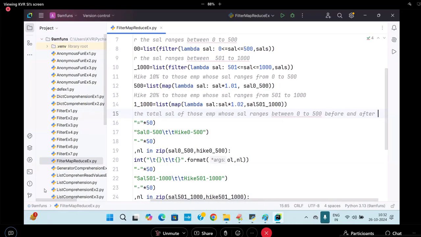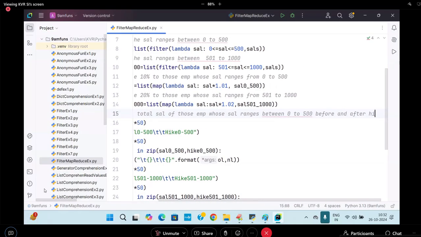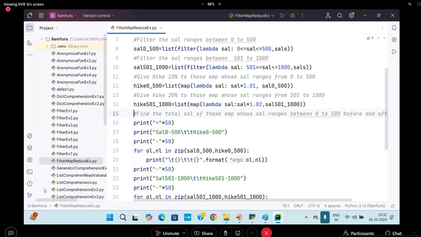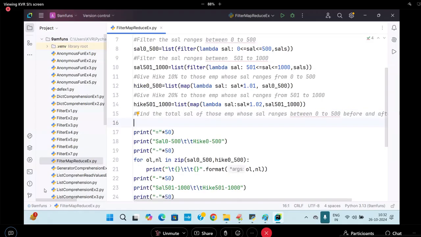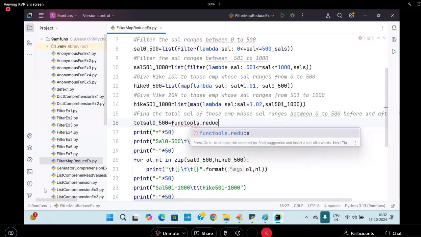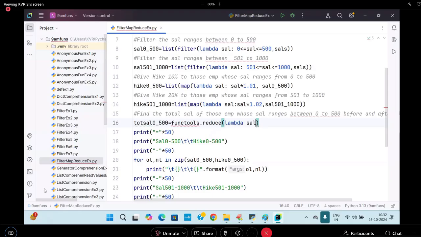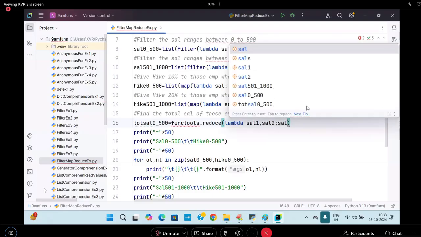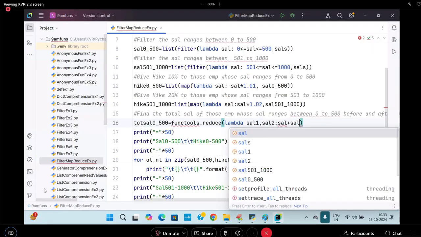How to take up? Come on. TOT_SAL_0_500 is equal to functools.reduce of lambda s1, s2: s1 plus s2,